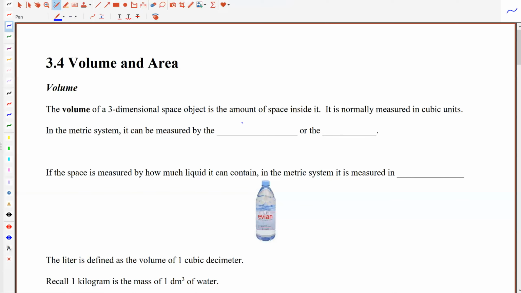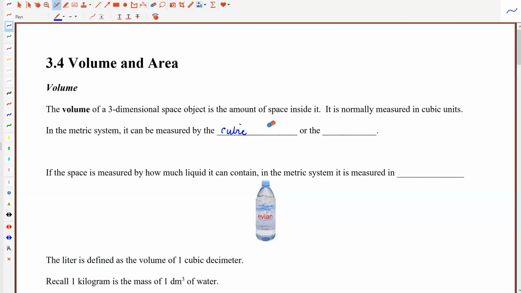Let's explore how we can measure area and volume in the metric system. Now, volume is the amount of space that's inside of a three-dimensional object. Volume is normally measured in cubic units. So in the metric system, that space can be measured by the cubic meter,